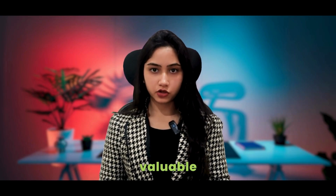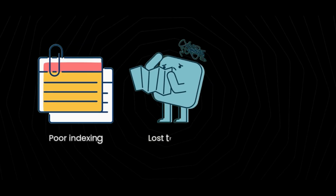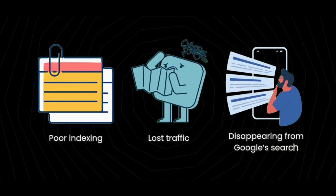Your website might be faster, but is it costing you valuable SEO rankings? Many websites struggle with crawling issues that can lead to poor indexing, lost traffic, and even disappearing from Google's search